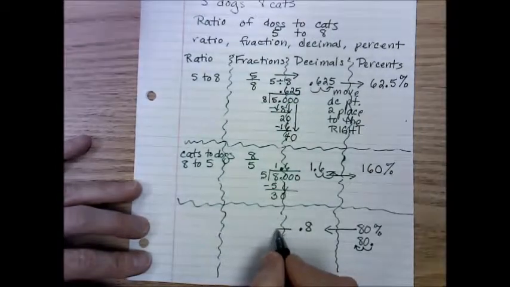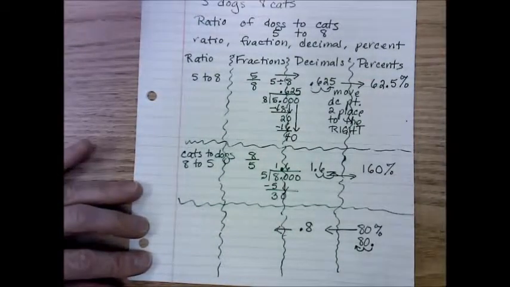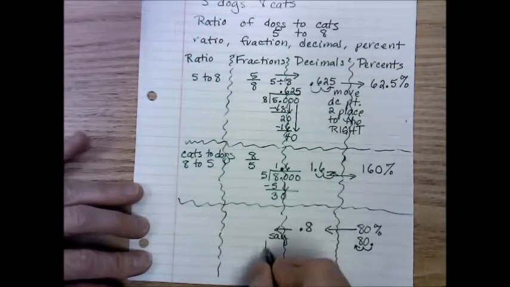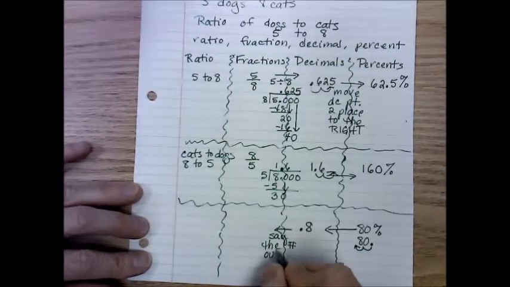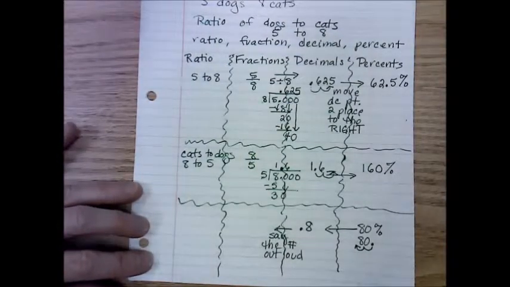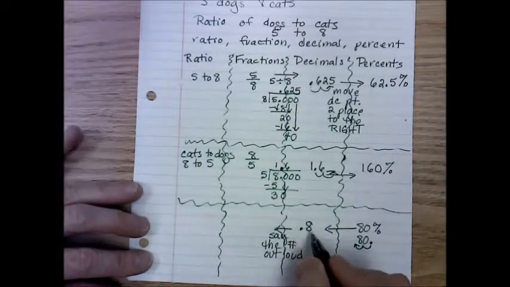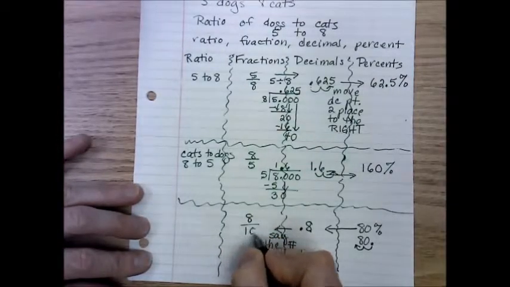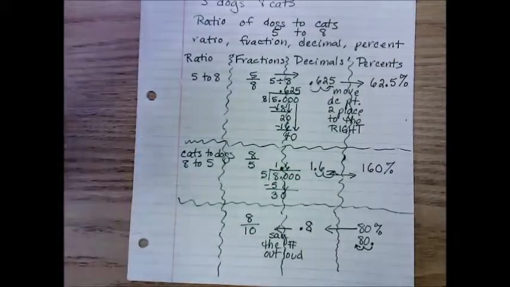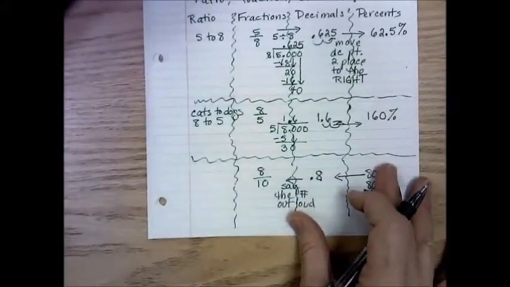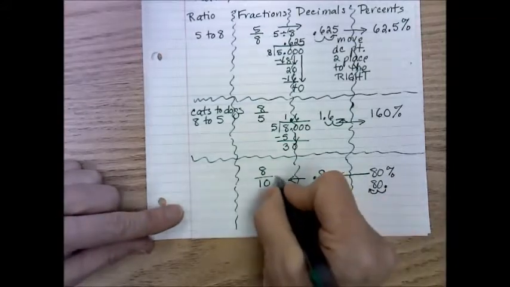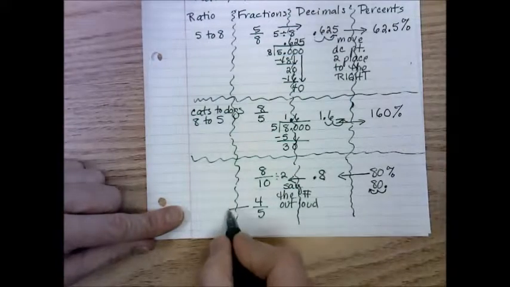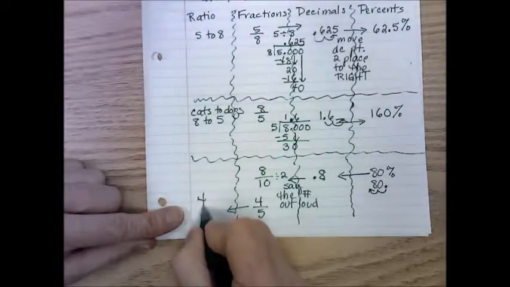To change a decimal to a fraction, this is often the easiest to do, but the hardest to remember. If you're going this way, if you just say the number out loud, sometimes you'll hear yourself say the number. So if I was to say this out loud, this is 8/10. So that is the fraction 8/10. And we know that fractions always need to be in lowest form, so I can divide by 2 and reduce that to 4/5. And then to change that to a ratio,